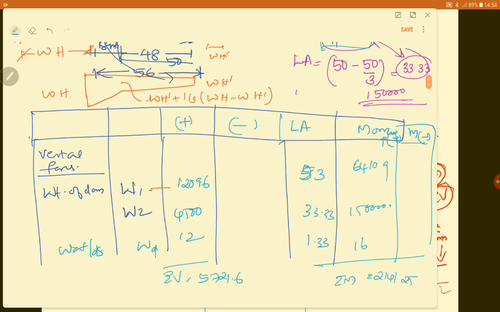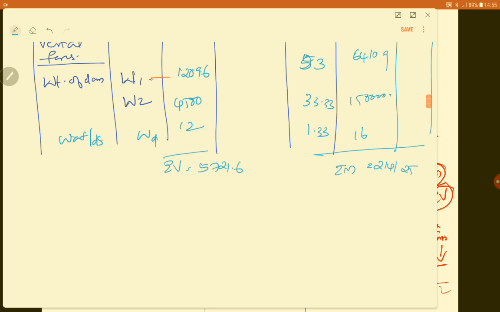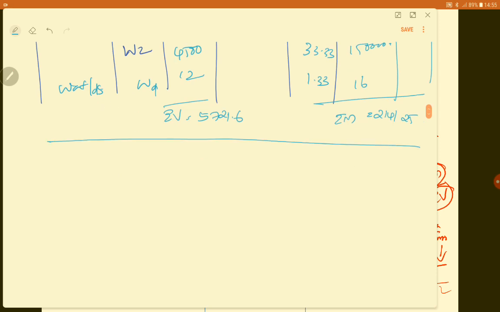Now, having found these values, you have another contributing factor. What is that? That is the uplift. Now you have to do the uplift. To find out the uplift pressures and the uplift forces, you have the uplift pressure diagram here. You have to find the uplift pressure and uplift force. So you can either divide this into 2 trapeziums and find the answer, or you can make it a continuous table.